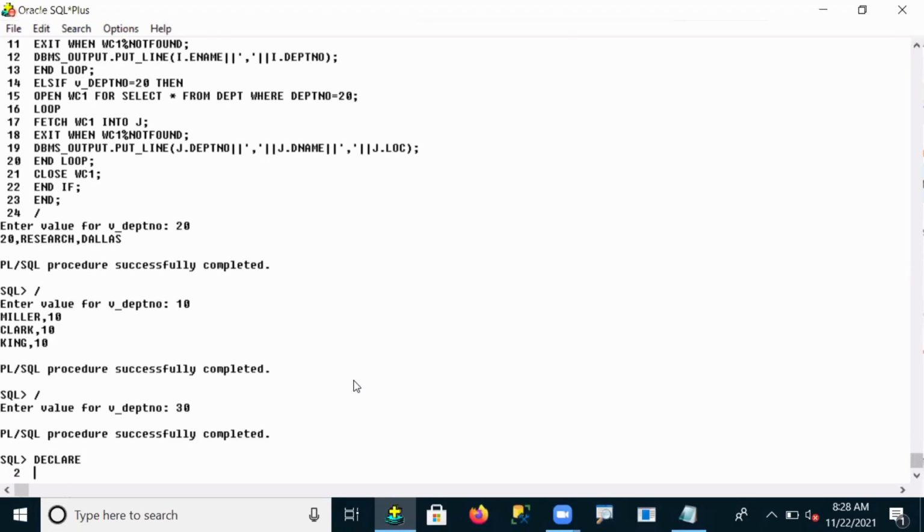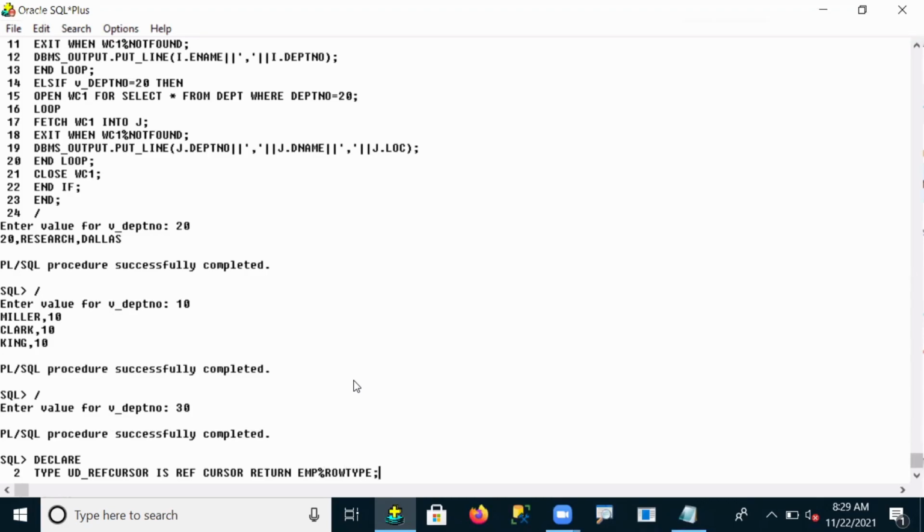So as usual, let's come and declare. Now I'm going to declare a type with a user defined type name, suppose UD_REF_CURSOR. UD means user defined. So this is my data type name, IS REF CURSOR, with a return type. What is my return? Which table data are you accessing? The table EMP, %ROWTYPE. This is my return type.